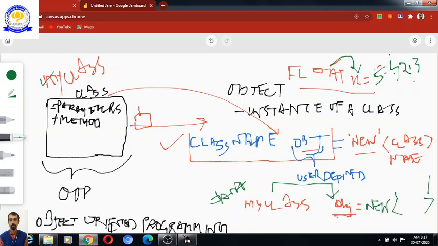Similarly, there is a purpose because of which object obj is of the type my class, which is our user defined class, but still the class name on the right side will finally define what values the object can hold.